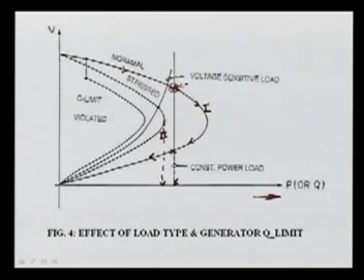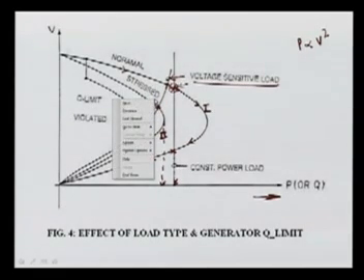Now you can assume that the load is a different type, here the voltage sensitive load, where if P is changing, your voltage is also changing, just like a quadratic curve, meaning P is proportional to, let's suppose, V square. So now you can see the intersections here. For the normal case you can go up to this loading, and this will be the operating point for the normal case, and for the stressed case you are going for this one, and this will be the actual operating voltage.